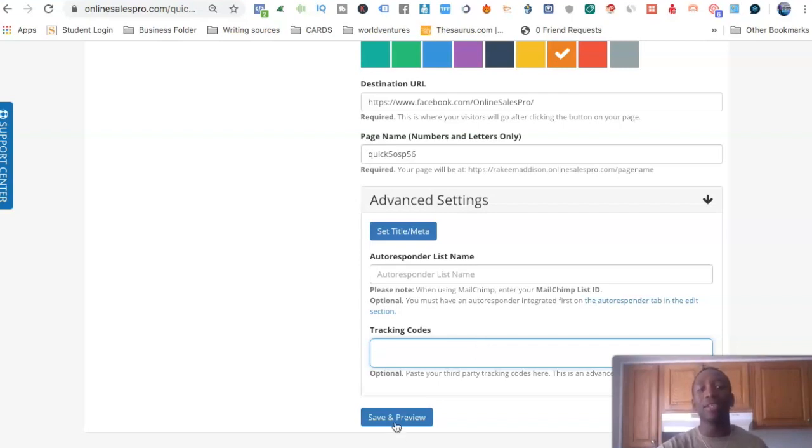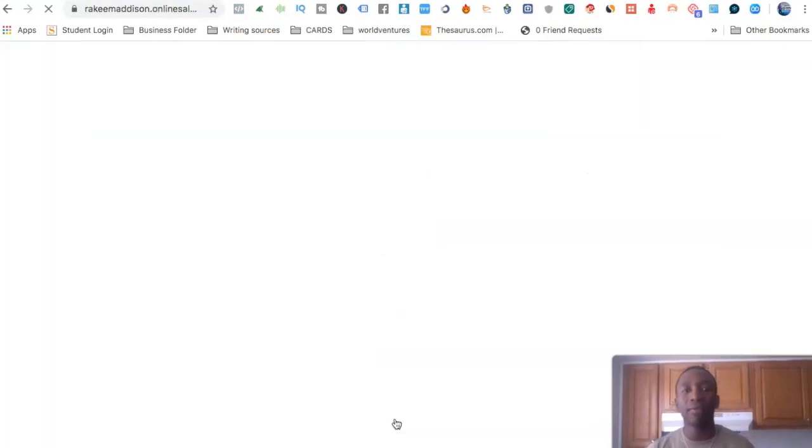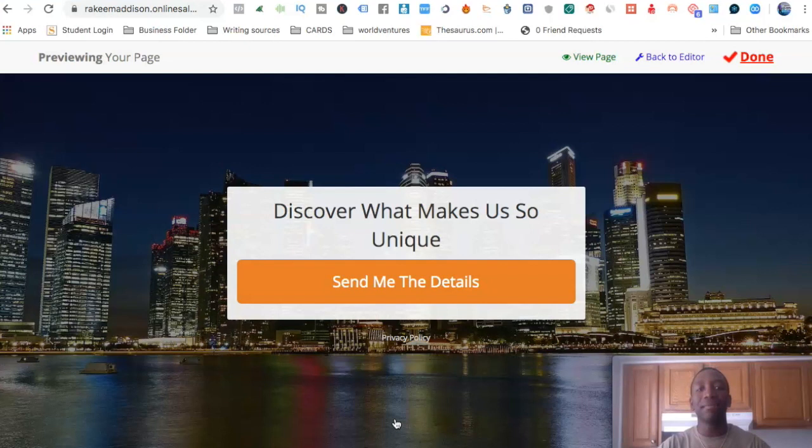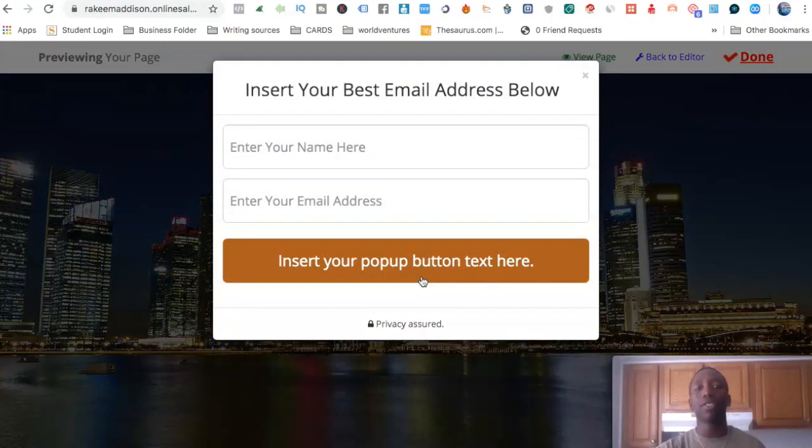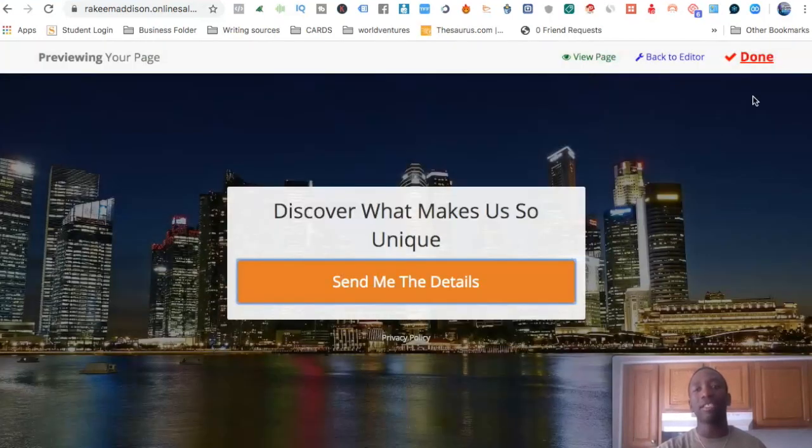And then after that, you're literally going to hit save and preview. And then it's going to show you what the page is actually going to look like before you actually make the page live. Okay, so this is what it's going to look like. Boom, a person hits the button. Basically a two-step process, and they put their information in,